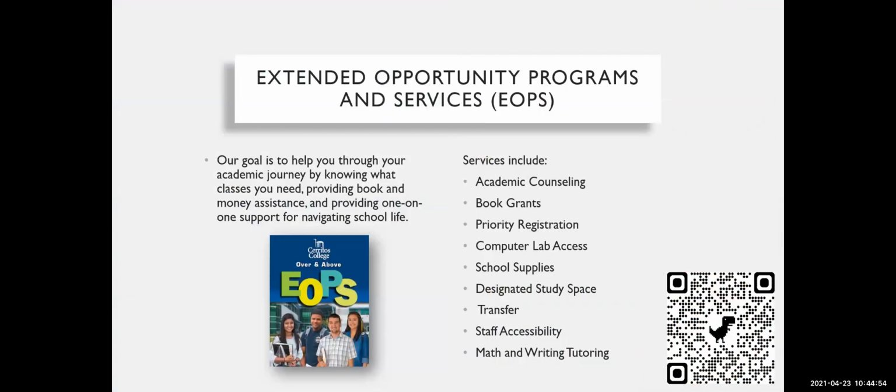Now, the way we help you through your journey is by offering you a set of comprehensive services to help you be successful in college. So we offer services like academic counseling so that you know exactly what classes you need, how to figure out what your major is, determine what colleges you want to go to, what you want to graduate in, do you want to get a certificate, what jobs are out there for me within my field. Our counselors are going to be able to help you with all that.